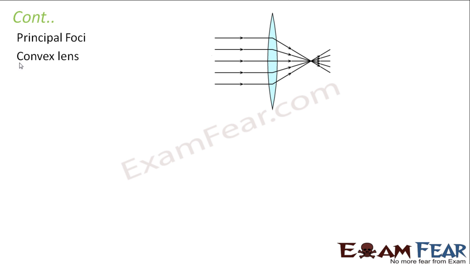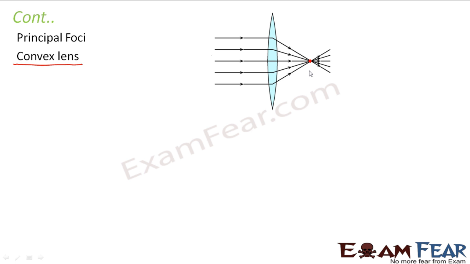Now here in a convex lens we see that when rays of light parallel to the principal axis fall on this lens, after passing through the lens they bend as expected, right? That is because it suffers refraction. It enters from a rarer to denser, again from denser to rarer. So as a result of refraction, it is seen that the rays of light appear to converge at a point.